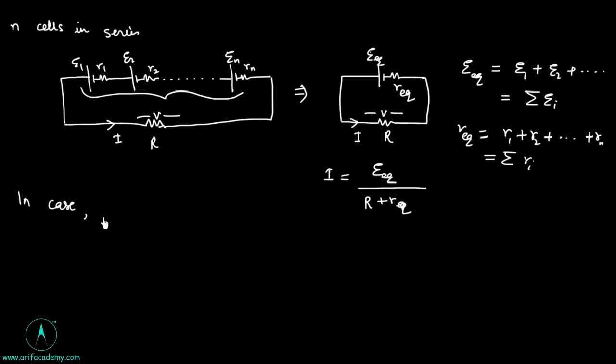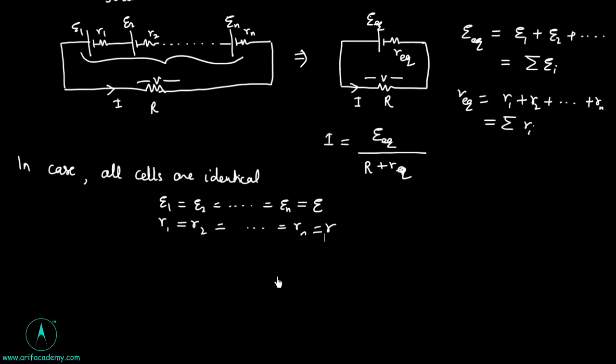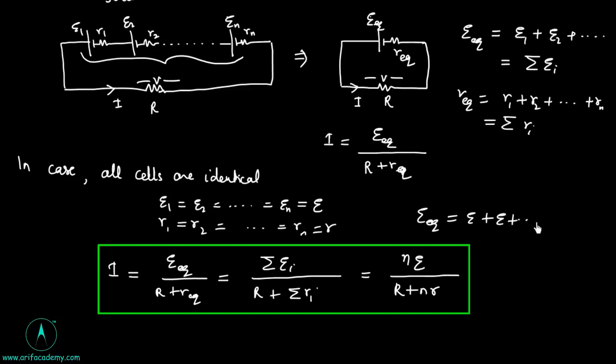In case all cells are identical, means E1 equals E2 equals En, and let's say it equals E. Similarly R1, R2, up to Rn equal R. In that case I can be written as E equivalent upon R plus R equivalent, and we know that this is summation of Ei upon R plus summation of Ri. So this equals Ne upon R plus Nr,